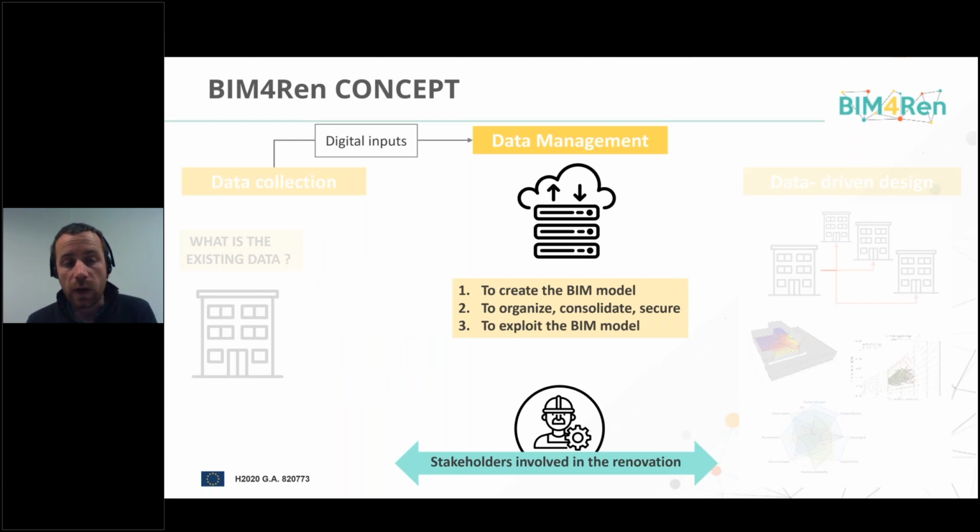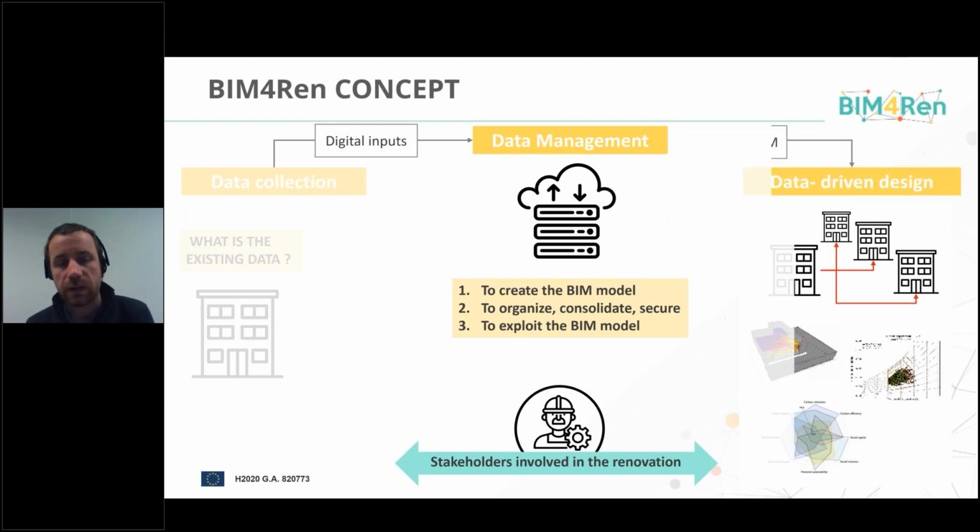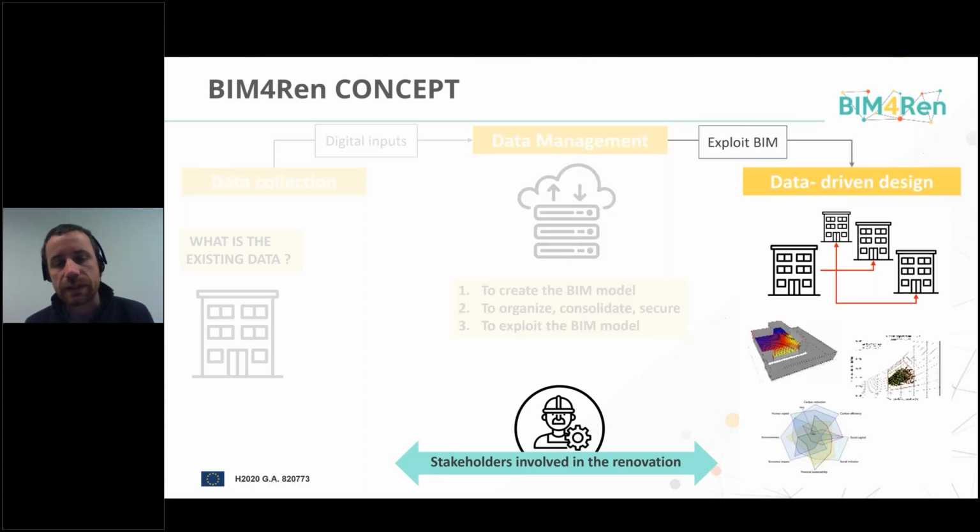And then once we collect this information, we need to manage that. So we need to store it by creating a BIM model. Then we need to organize, consolidate, and secure this information, to make it possible to exploit it in this BIM model for other services. And those services, in our case, are to help in the design of the different renovation